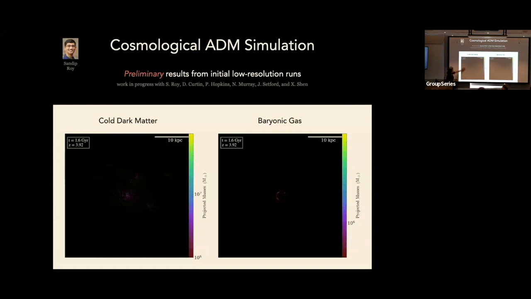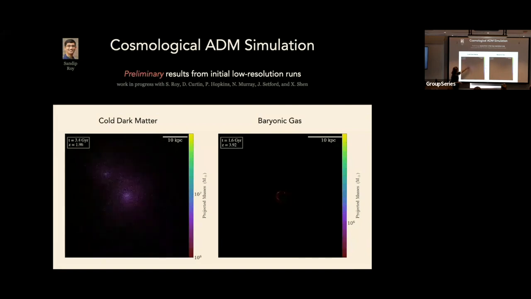Here in this panel is just the cold dark matter in our simulation, starting at a redshift of around 4. I'm going to get it going. It's going to grow into a Milky Way sized halo. Here's the center. It's doing the usual thing you expect from cold dark matter. You have smaller satellite galaxies falling in and merging. The central halo is growing. Standard stuff. I'll let this one continue running.